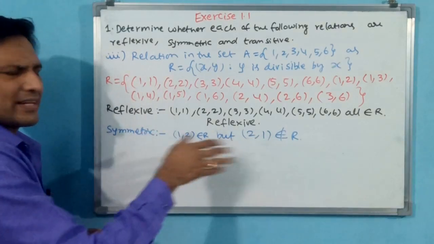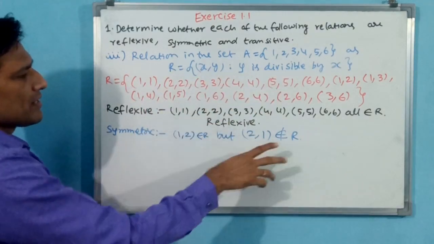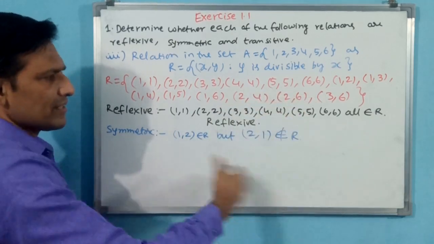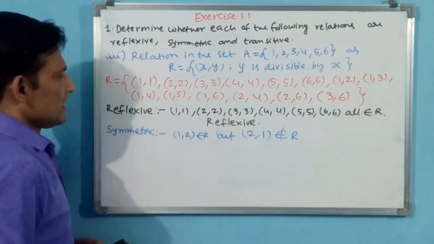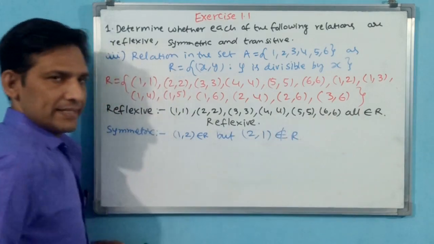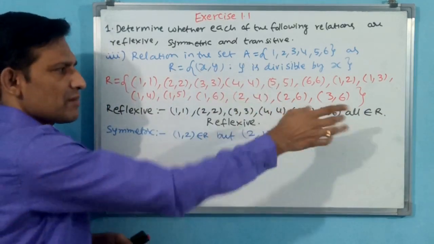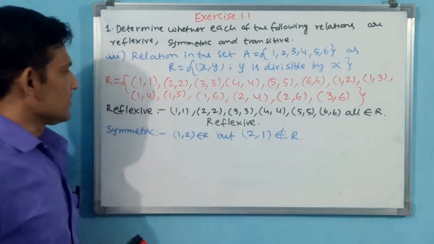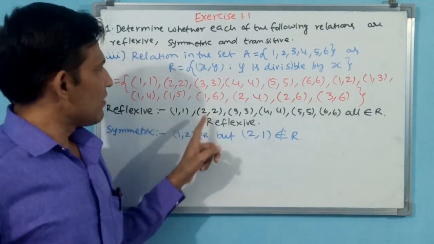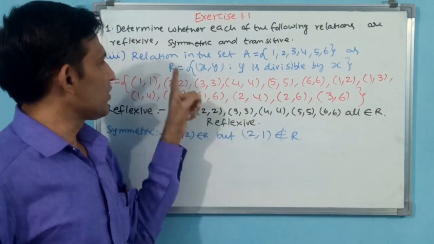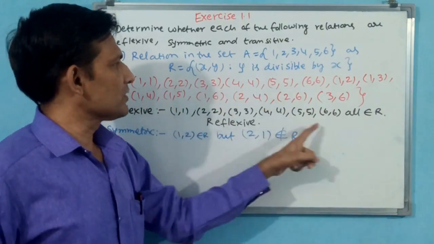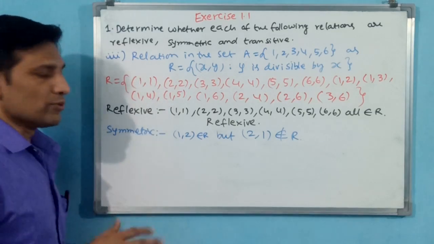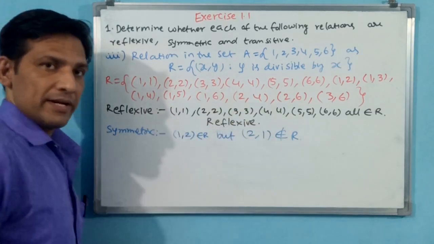That is why 1, 2. See, all you need not write. Remaining also, see, 1, 2 is there, but 2, 1 is not there. Like that, 1, 3 is there, 3, 1 is not there. That much you need not write. For having a relation, you have to write. If limited numbers are there, you can write, or else you can write 2, 3, but ensure. See here how we have ensured. 1, 1 we have seen, 2, 2 we have seen, 3, 3, 4, 4, 5, 5, 6, 6 we have seen. Then we have written that it is reflexive. At least you ensure, okay, even if you don't write.